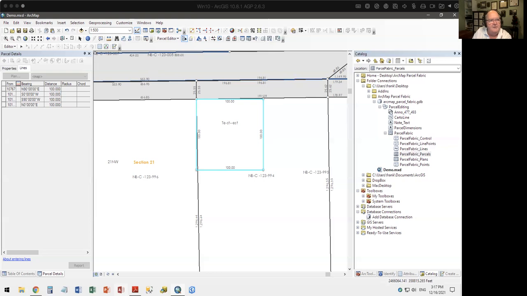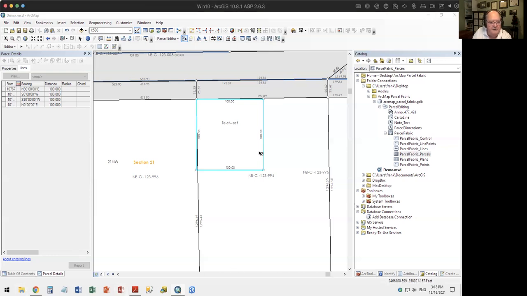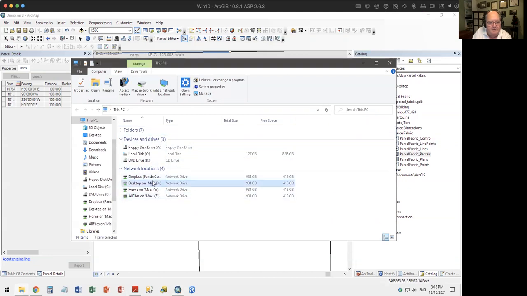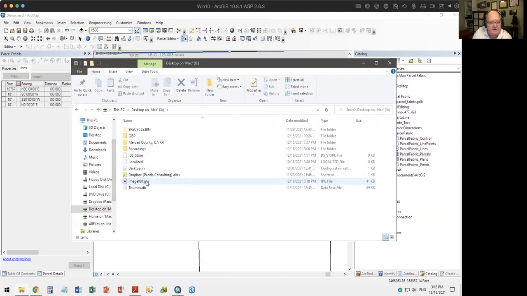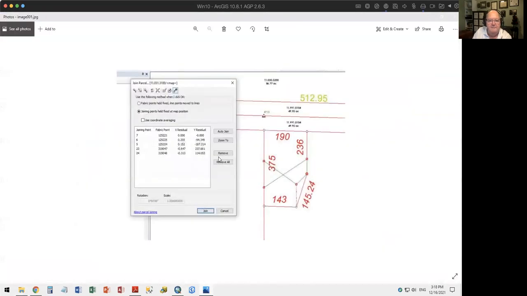All right, let me go and, sorry about this. Desktop, okay. I'm going to do this so that you can actually see this as we do it. So I'm going to go in here to my desktop, and here's my image that we're looking at. So one of the problems with these joins is that when you first create a join,